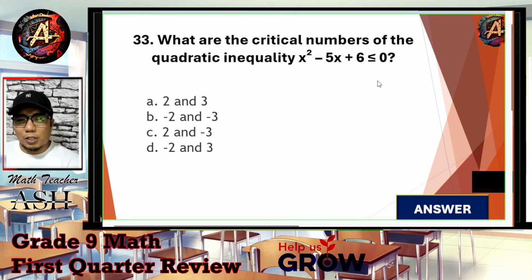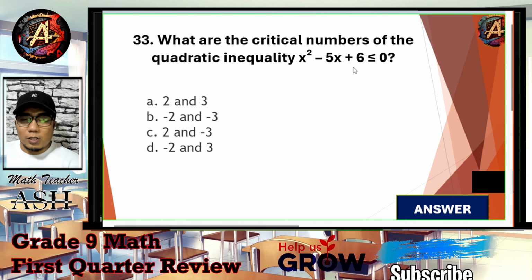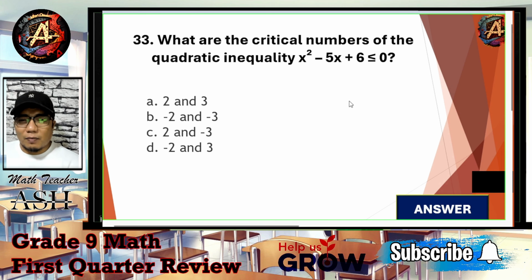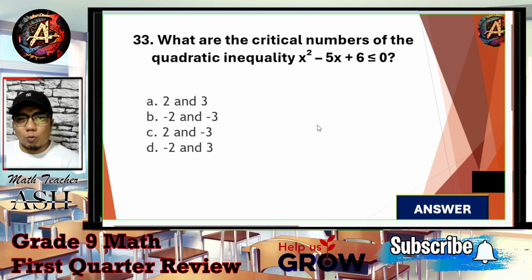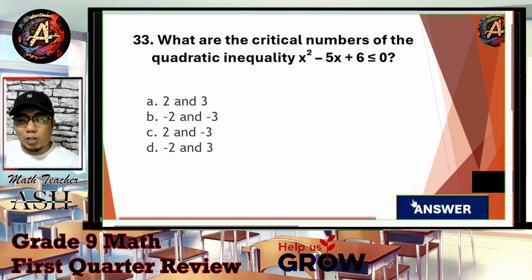Okay, my dear math learners, as you can see, in order for us to know the critical numbers of this inequality, we will use the quadratic equation and then apply factoring. Now, in applying the factoring, the factors of 6 which, when added, will become negative 5, would be negative 2 and negative 3. However, if we now apply the zero product property, that would give us x minus 2 times x minus 3 is equal to 0. Applying the zero product property, that will become x equals 2 and x equals 3. So, letter A is the correct answer for this given question.